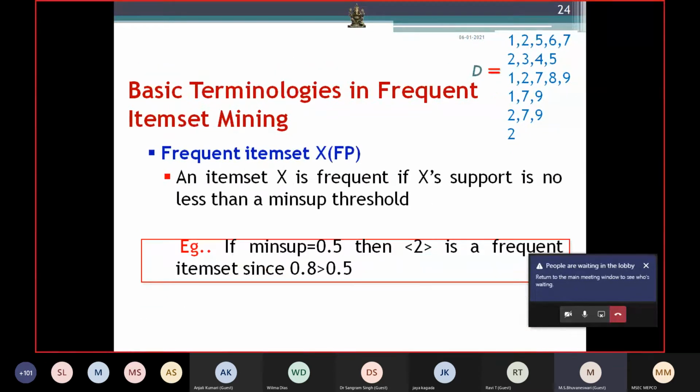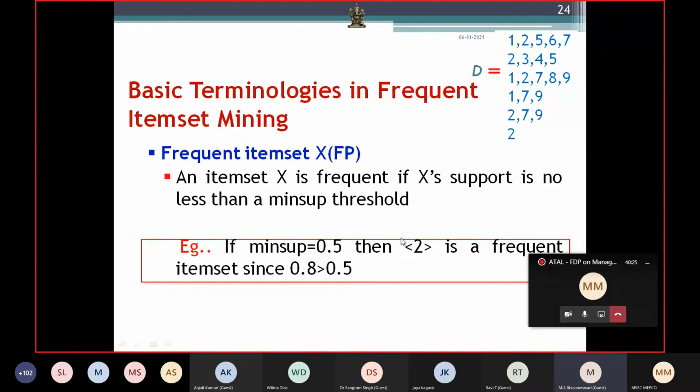Next, based upon support, we have to identify whether my item set is going to be a frequent item set or not. An item set is frequent if its support is greater than the minimum support threshold. We have to set a threshold depending upon our application. Let us assume my minimum support is 0.5, and I want to check whether 2 is a frequent item or not.